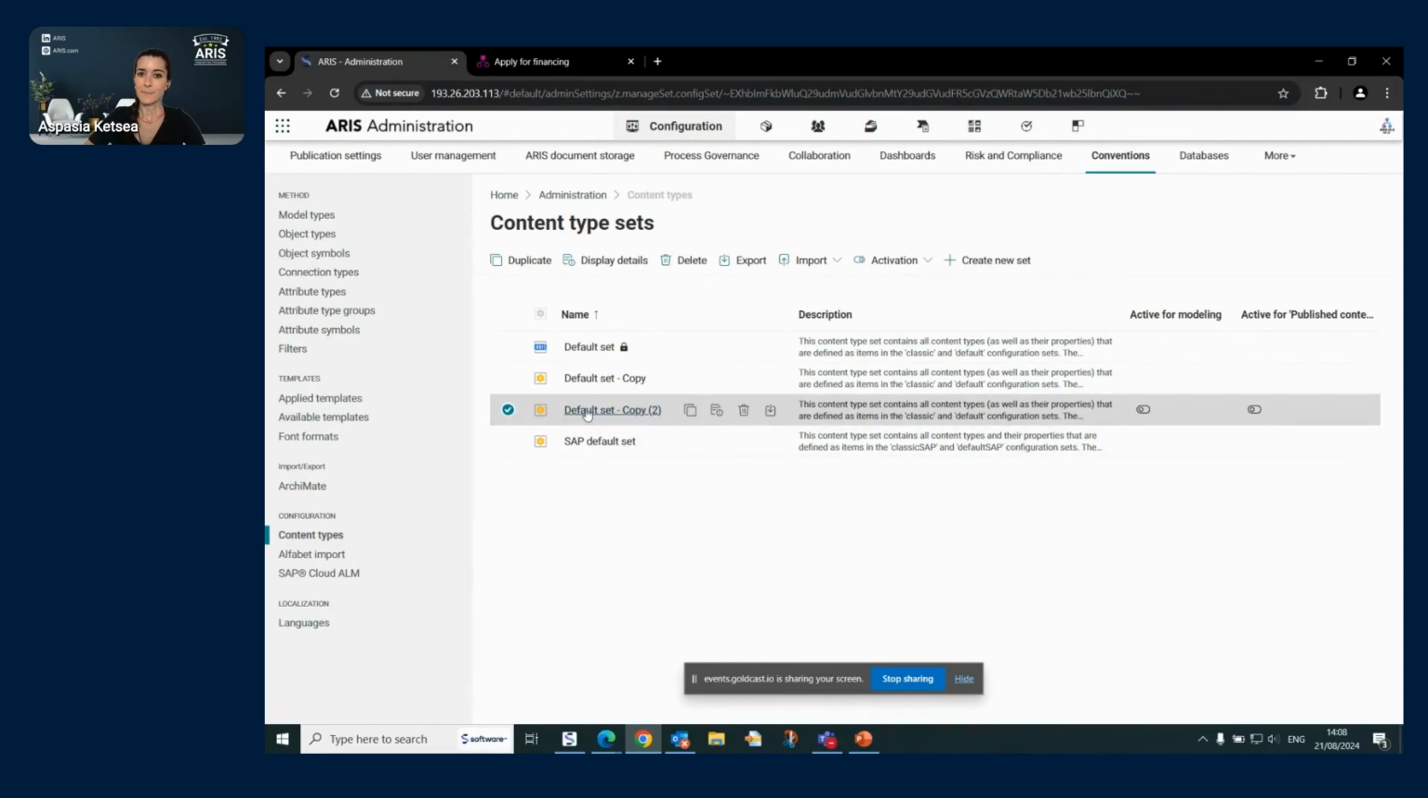Again, let's stay here. You see that I have here two options. This is what I will be using now for the training. I can activate it for modeling, and this is where the satellite modeling comes into place. As well, I can activate it for the published content. So either one or both, optionally. I will not do anything before I show you what the difference